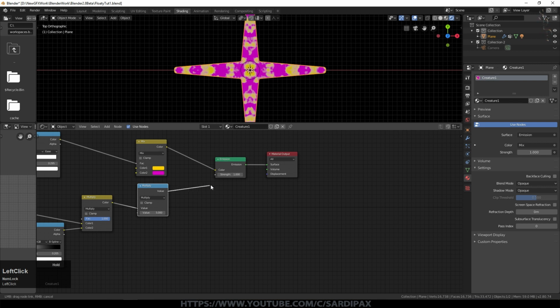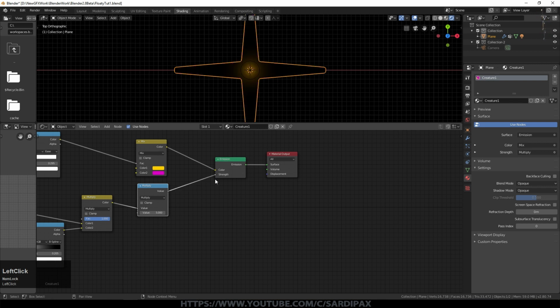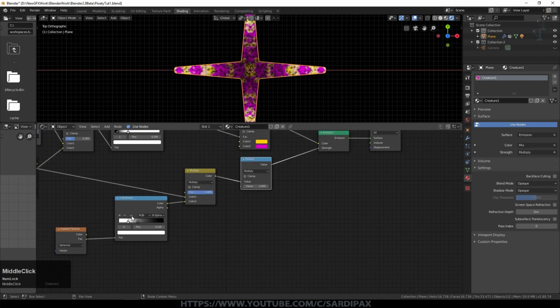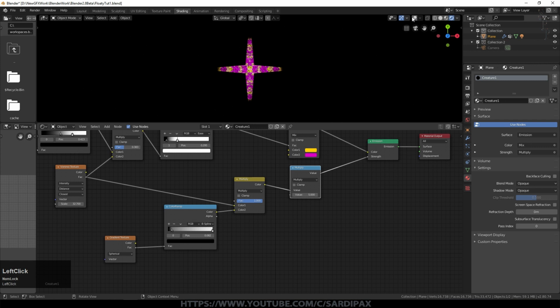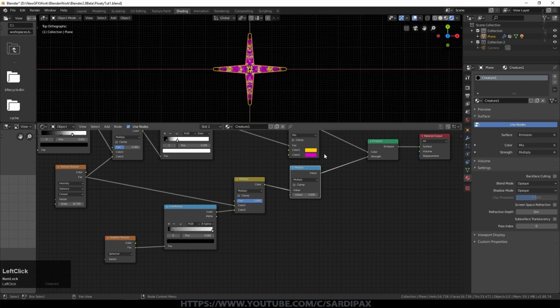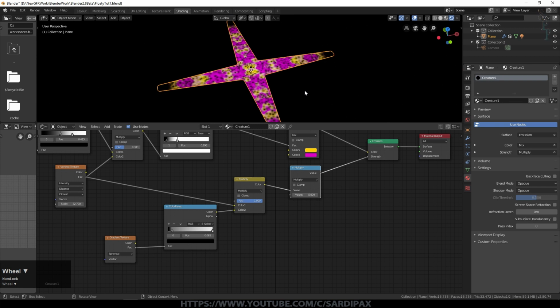And then this fed into the strength of the emission shader. At this point, I'm just going to flip that color ramp again. And really that's just so that it's bright in the center and fades out, but with a bit of noise effect towards the outer extremities. Then we can play around with this just to extend our feelers a little bit, bearing in mind that's against a black background, so it's almost completely invisible. You could make it go transparent, of course. So there's our basic textured object.